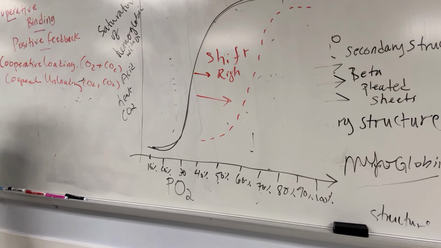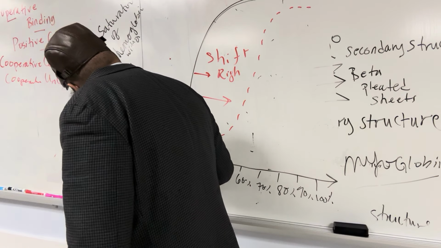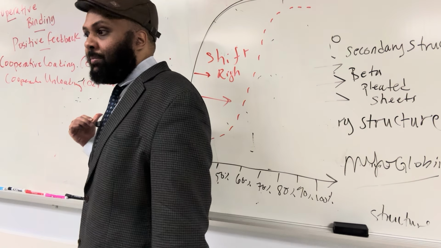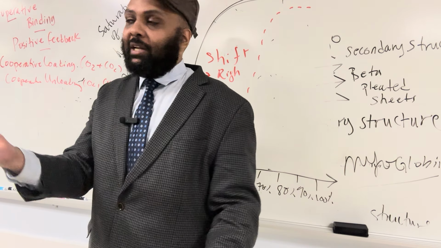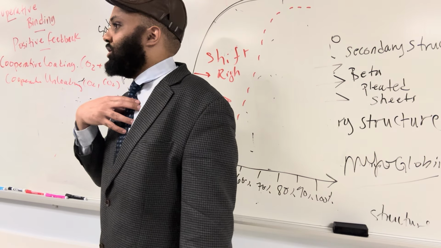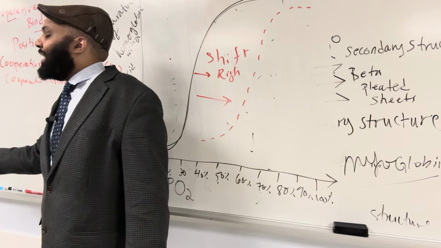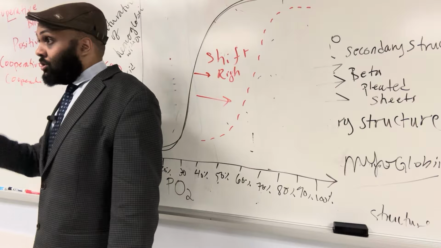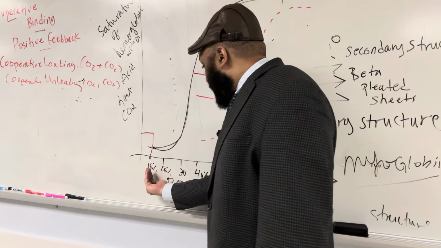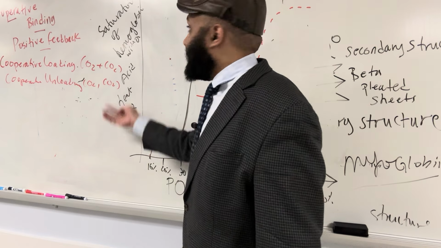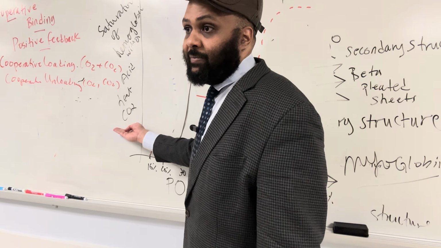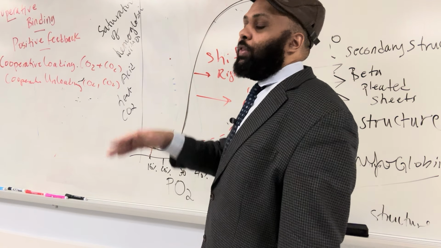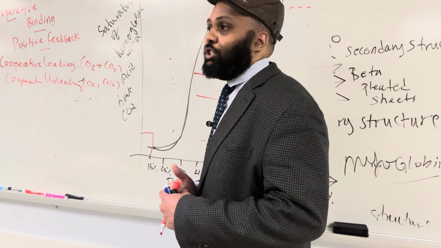So you're going to see that the less partial pressure of oxygen in the tissue, the less oxygen will be on the hemoglobin because it gave all of it to you. Let's say I'm hemoglobin. I have 100% oxygen. I pass by a tissue that is 10% oxygen. I'm going to give it 90% of what I have. So remember that. The lower the partial pressure, the lower the saturation of hemoglobin with oxygen. So the lower the partial pressure of a particular tissue with oxygen,